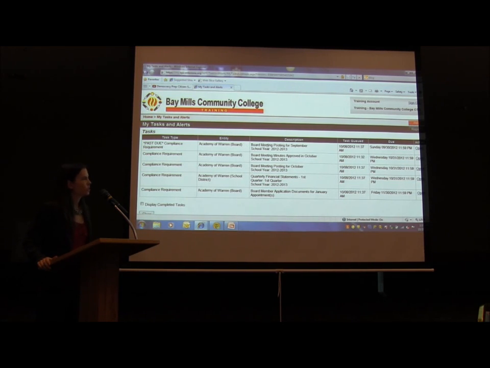Next, you'll see a brief description, so it'll give the compliance requirement title, as well as any other data, such as the school year, the month, the year, any other information you need to know will be listed in the description. Next, you'll see when the task was queued, and most importantly, the very last column will show when it's due. So it'll give you the day, the date, and even the time by when it needs to be uploaded